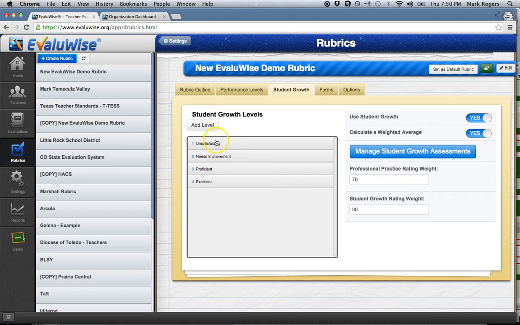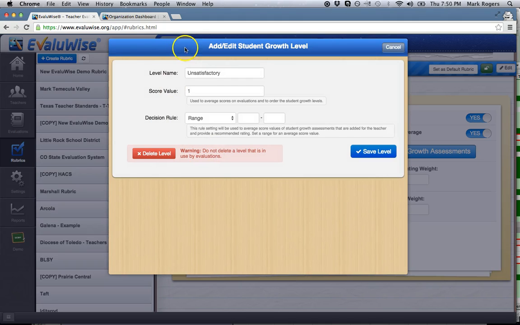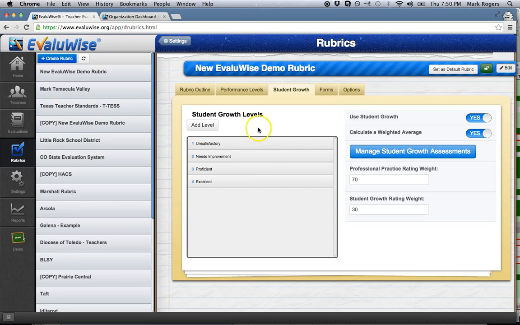You add all your levels, you click on the level, it'll give you a decision rule here. That's going to be for averaging the student growth assessments. So average the score values of all your assessments. So if you have 2, what will give them an unsatisfactory for all of those combined. Once you have that done and you have your assessments all input and your percentages, then you're ready to use